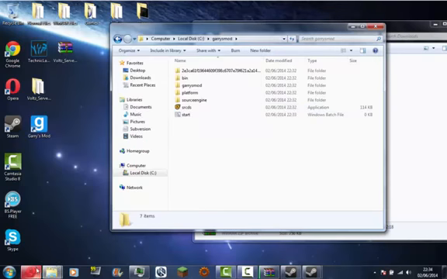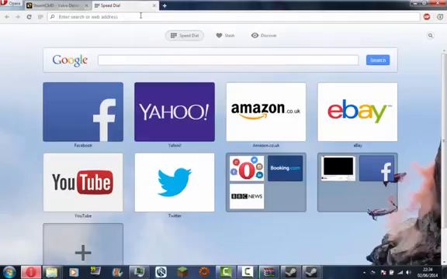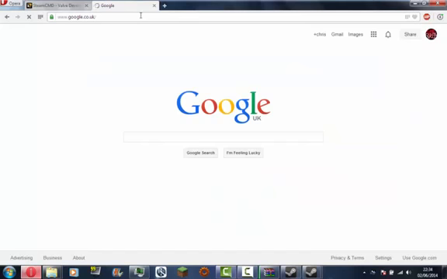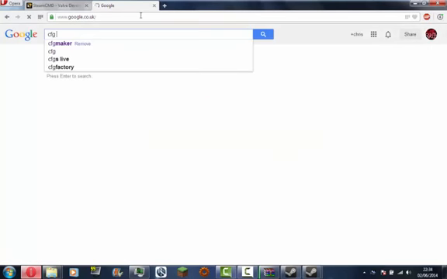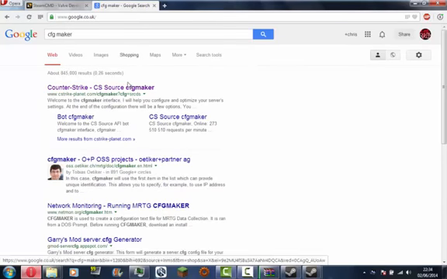So the next thing we're going to need to do is go back to Google. One second guys, my screen just went. So once you've done that, go back to Google, and all you need to type in is CFG Maker, and then click on the very first link, which is